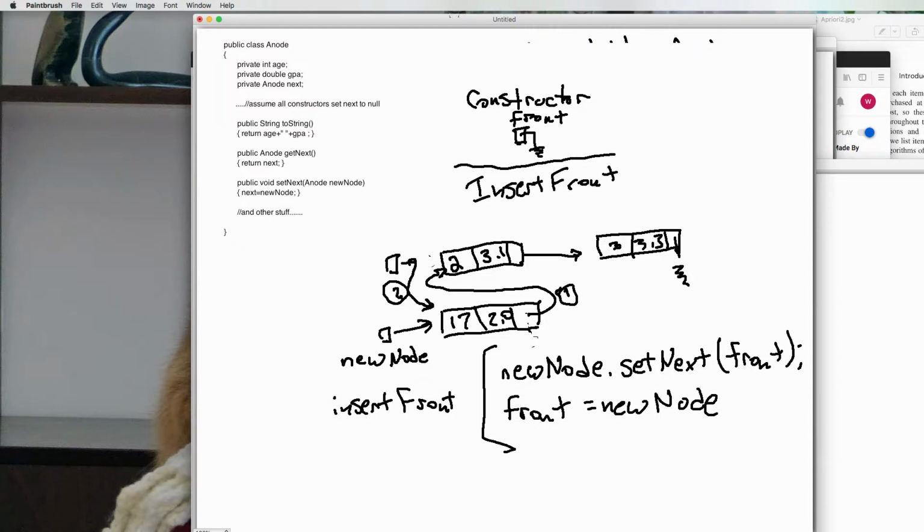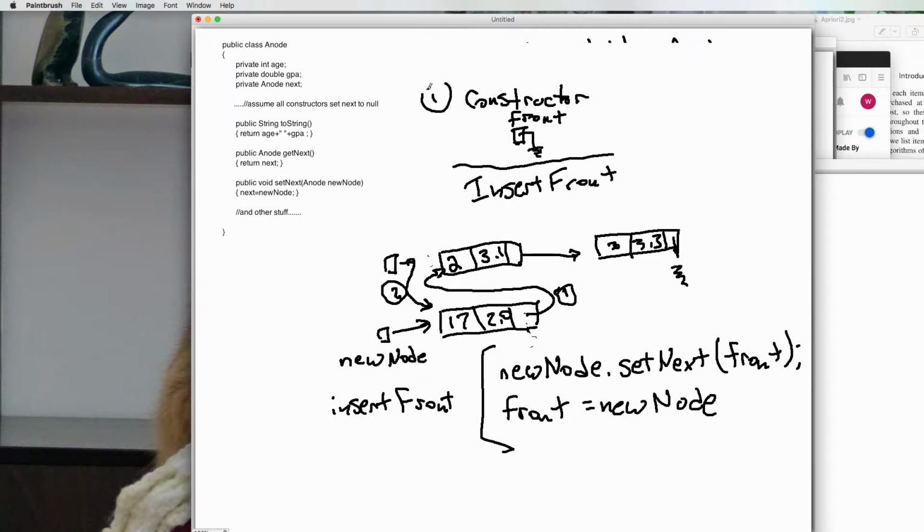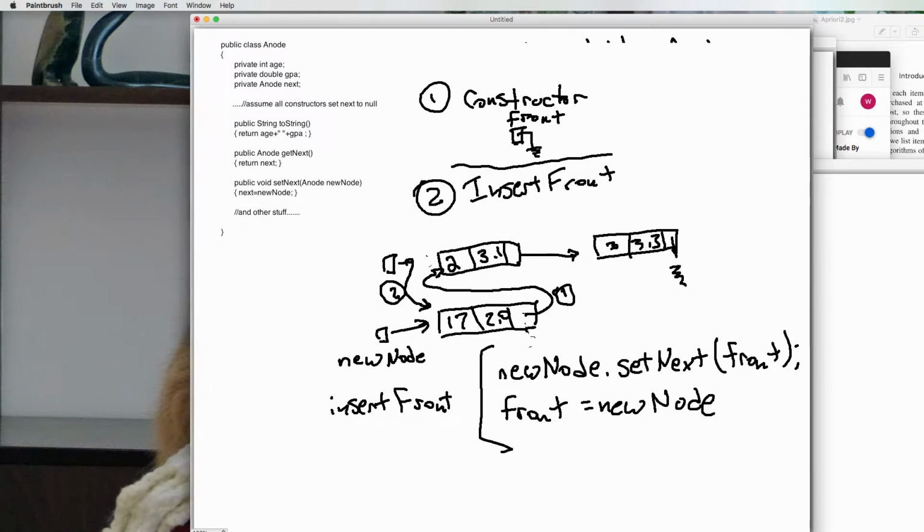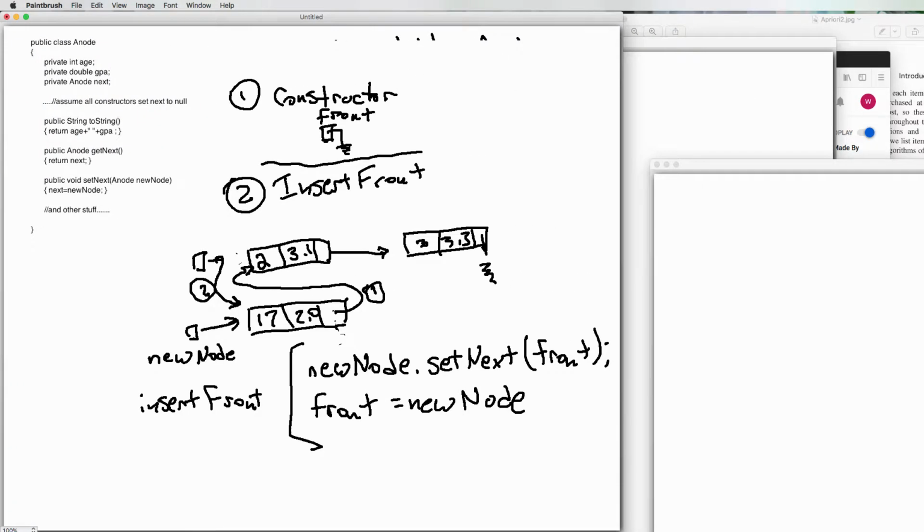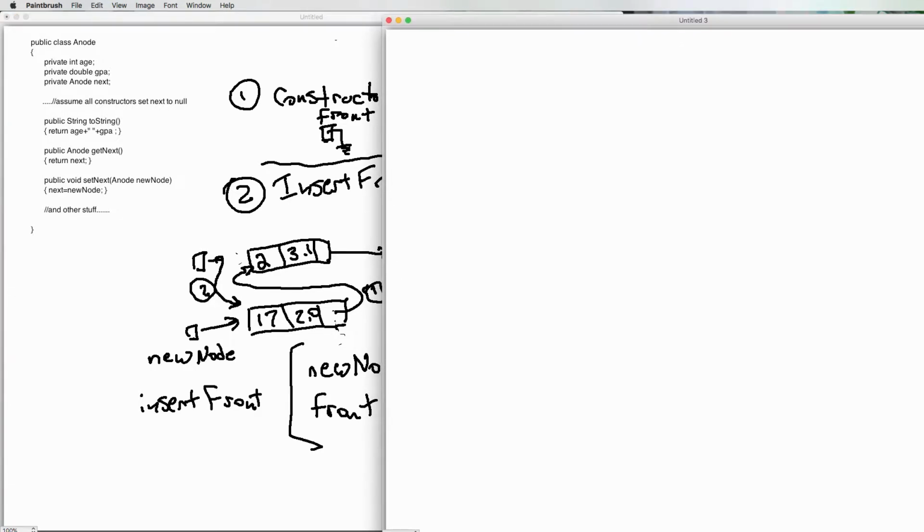Okay. We want to write another, so this is 1, the constructor. This is 2, insert front. Let's consider other things that we might want to do. We might want to find